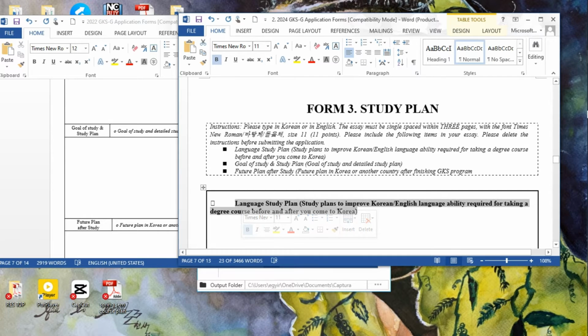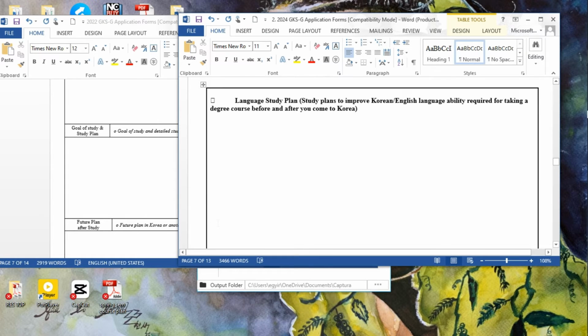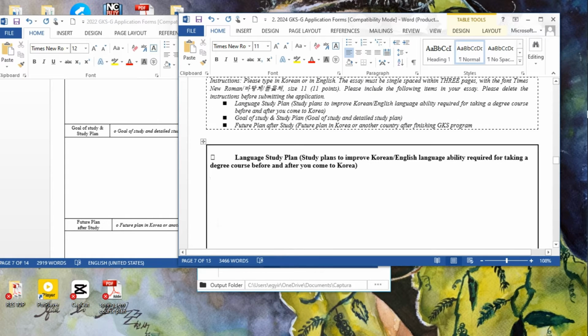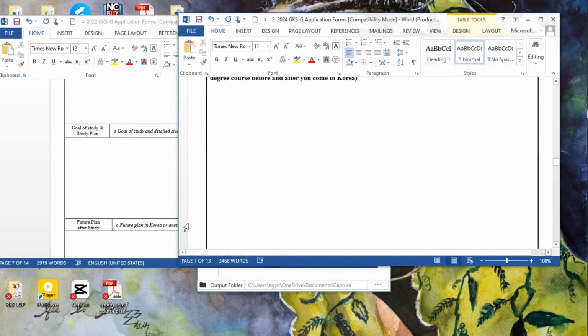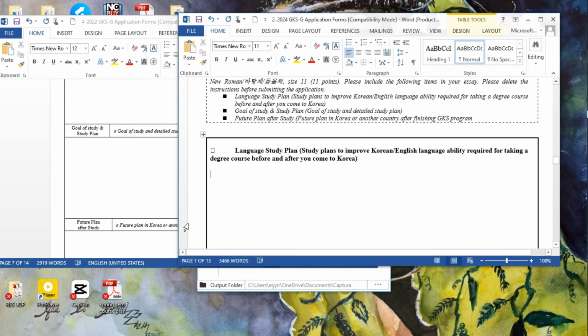Beneath that, you start typing your essay. You can do it this way for every pointer that they've put out there for you. You can just do this for all three.